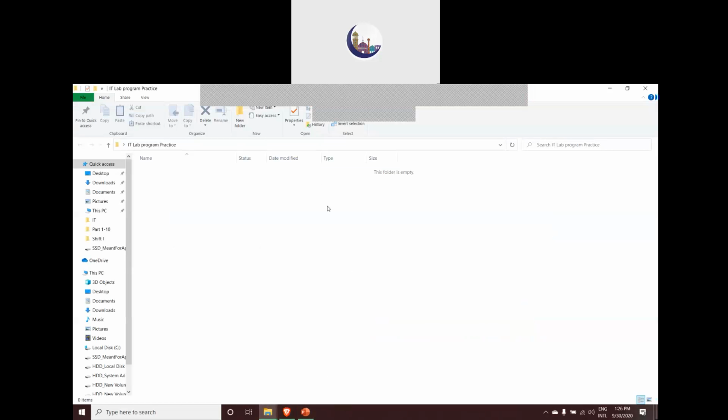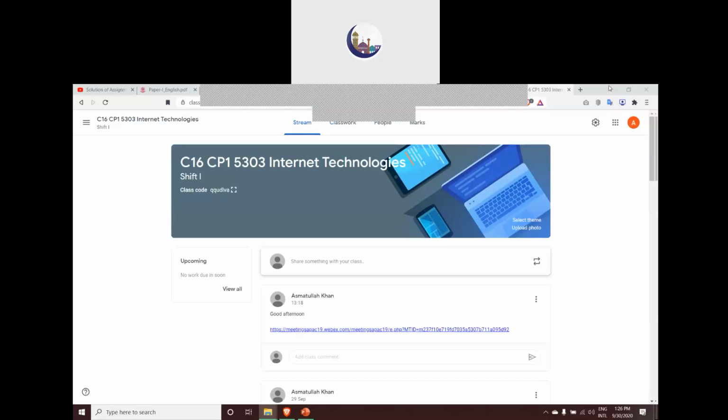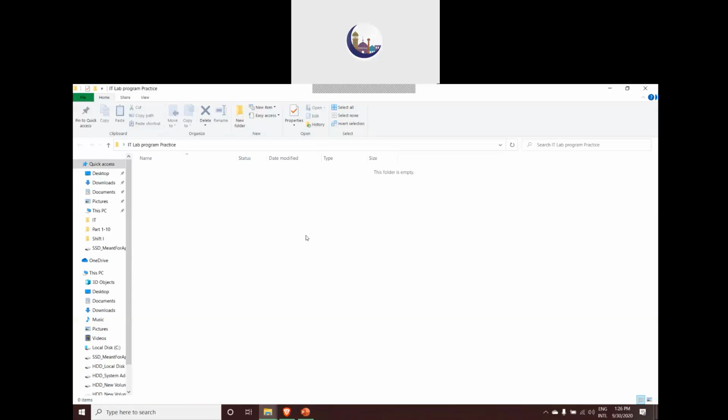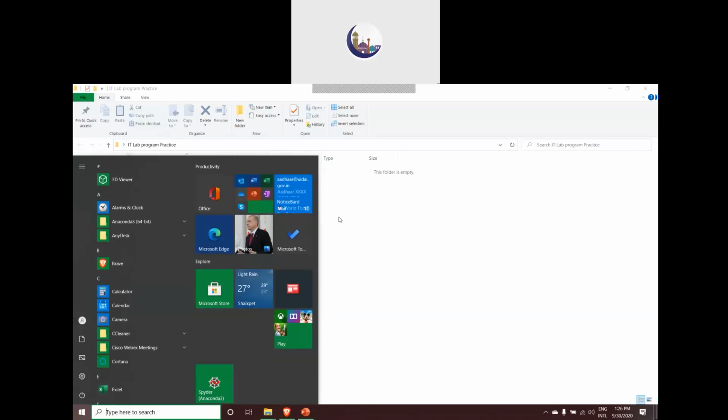It's very simple. What you need to do is, anywhere in your computer, maybe C drive or D drive or on desktop, wherever you wish, just create a notepad file. How do we create it? For easy going, for keeping all our programs in one single go, I have created on desktop a folder called IT lab programs. So the same folder I'm using just to keep all the programs in one single place. Now in this one I have to create a notepad. So simple, just press on this start button, type notepad,